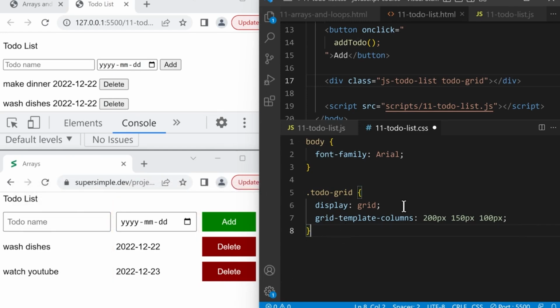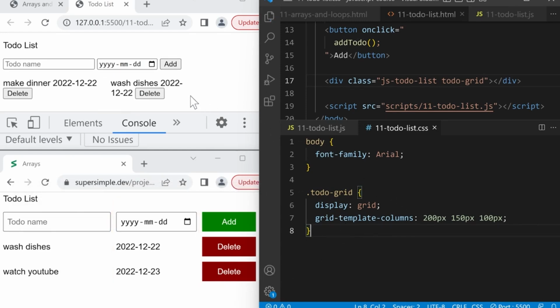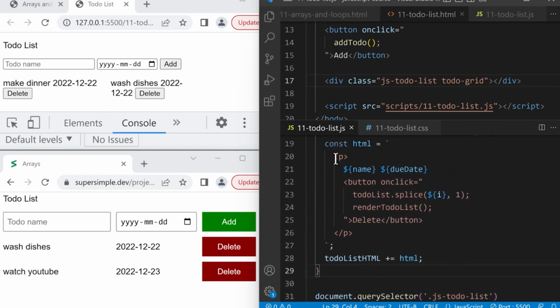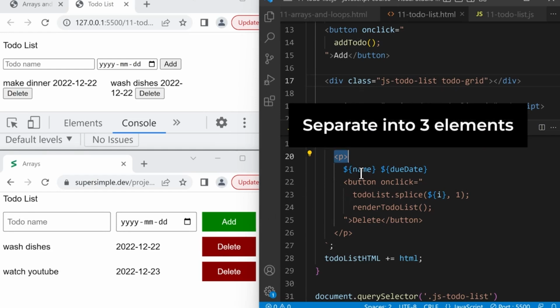So let's save. And unfortunately, that didn't quite work. And that's because if we go back to our JavaScript, remember that each to-do is one paragraph element. So this entire to-do with the name, due date, and delete button will go inside the first column, and then the next entire to-do will go inside the second column. But what we actually want is for the name to go in column 1, due date column 2, and delete button column 3. To do this, we're going to separate this element into 3 elements so that each element will